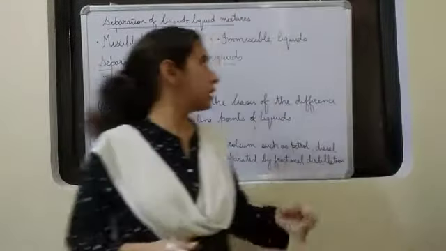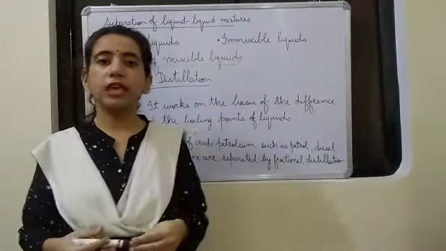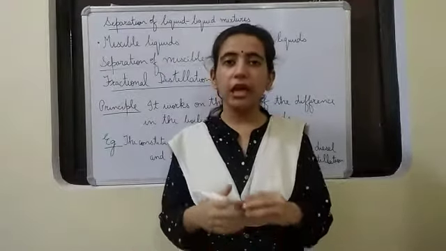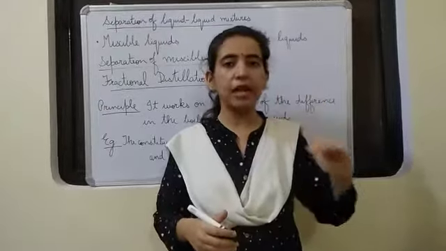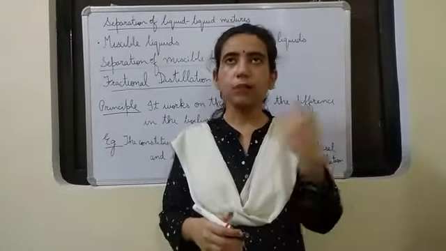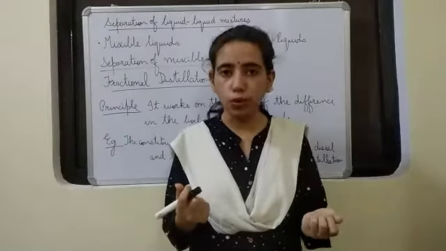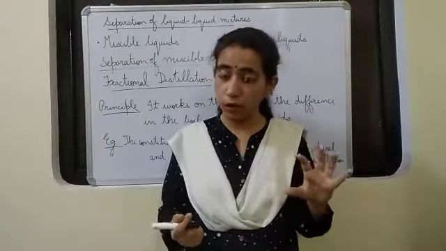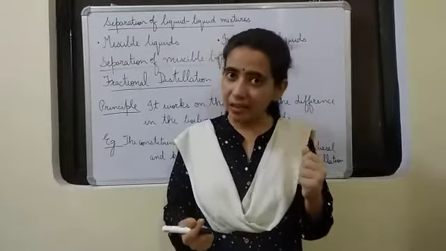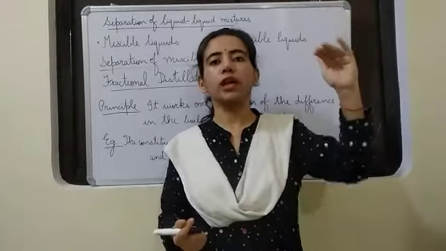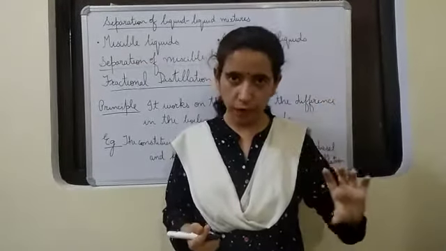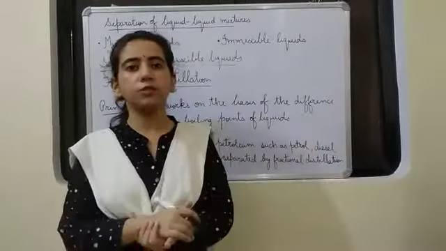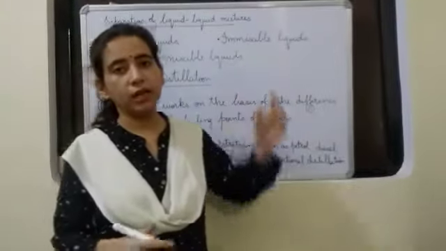The second one is immiscible liquids. Immiscible liquids are not mixed properly or thoroughly. In fact, they form different layers of the two liquids. Suppose we take oil and water, however much you try to dissolve the oil in water, it won't dissolve, because oil is lighter than water. It will remain floating above the water. Water will be below and the oil will be above that. So it forms a heterogeneous mixture of immiscible liquids.